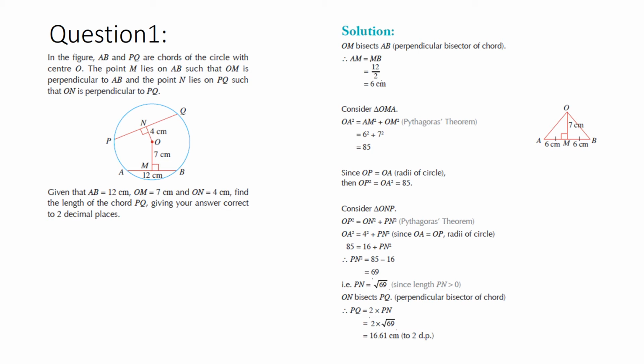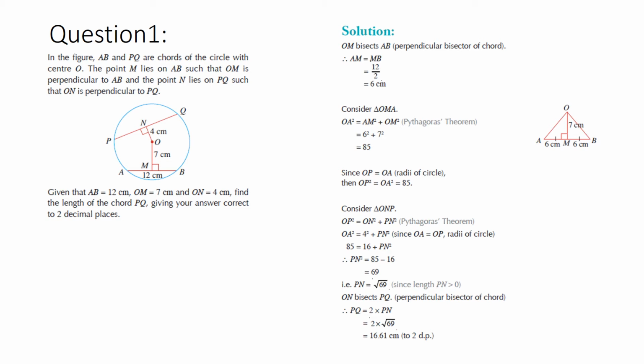Now in order to find out the length of the chord PQ, we need to find out the radius of the circle first. Now see its solution. Since OM is perpendicular to the chord, it means it will bisect the chord AB. So the length AM will be equals to half of 12, that is 6 centimeter. Now consider the triangle OMA. Applying Pythagoras theorem on this triangle,